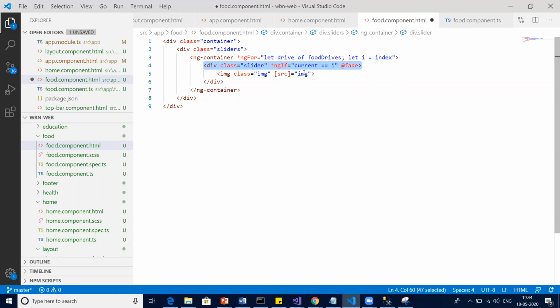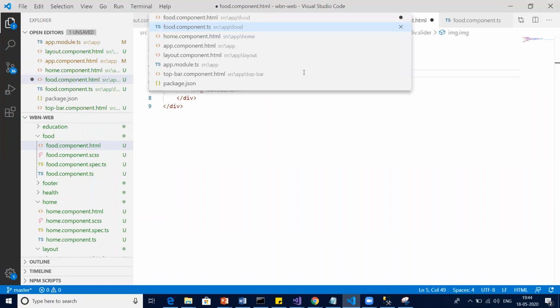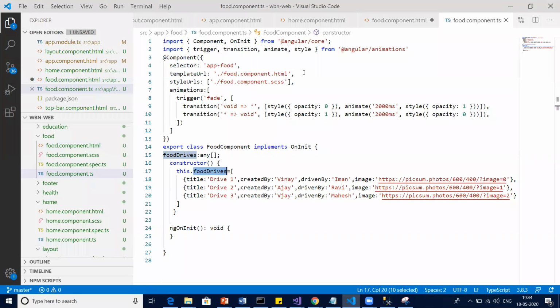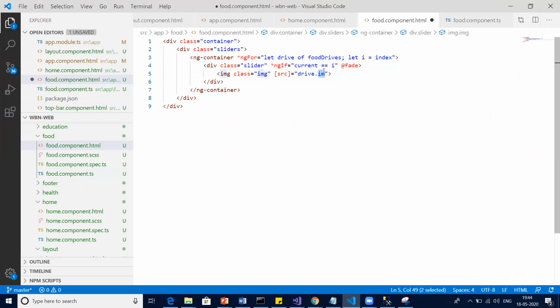Then for image, it should not be only image, it should be drive dot, what is the property name? Image. Right, image.